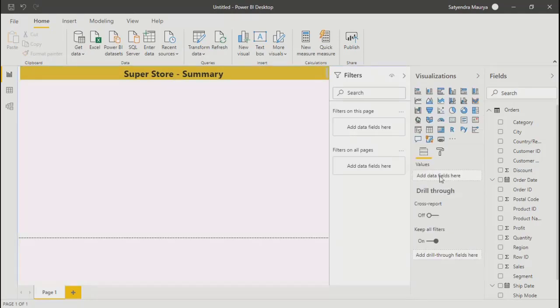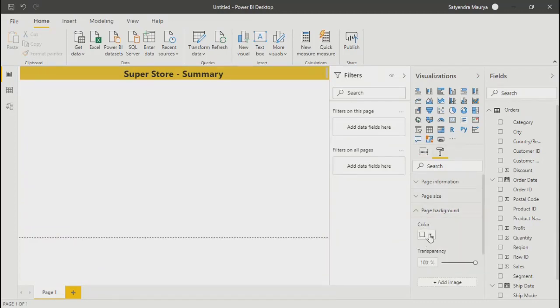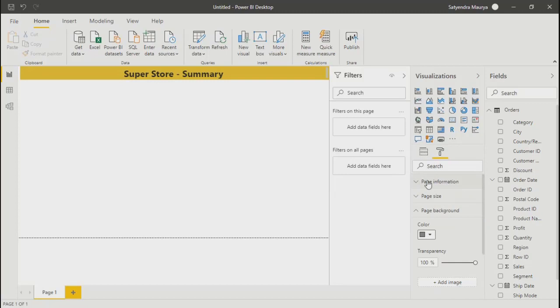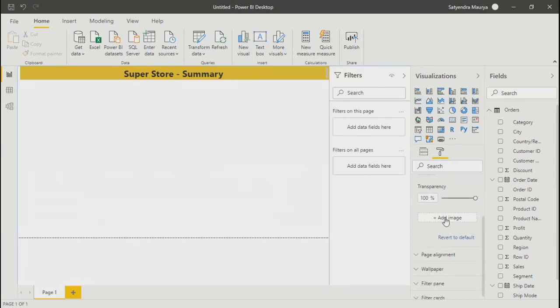And then you can start putting the objects into it. Border and all, let's say page color if you want to define anything. Page background color. So these things you can format from here. Add images in the background if you want. We'll add an image also today for one particular object. So this is just the placeholder I have created for my page. Now let's go ahead and add a few objects.